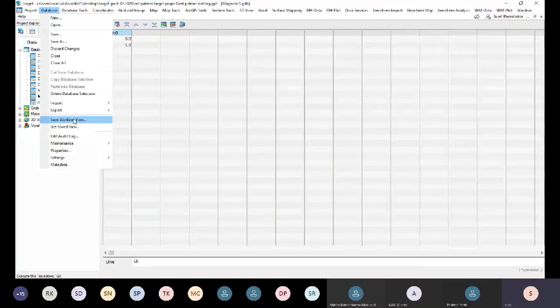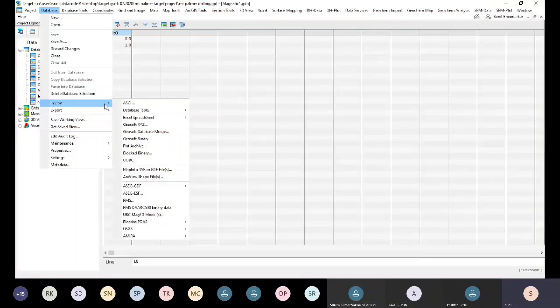So open and import. There are various formats supported by Target, like ASCII format or a simple spreadsheet, or a Geosoft database, or from ODBC servers, or shape files, shape database. If you have a USGS grid, that you can also easily import. Amira also. So we will use an Excel spreadsheet.